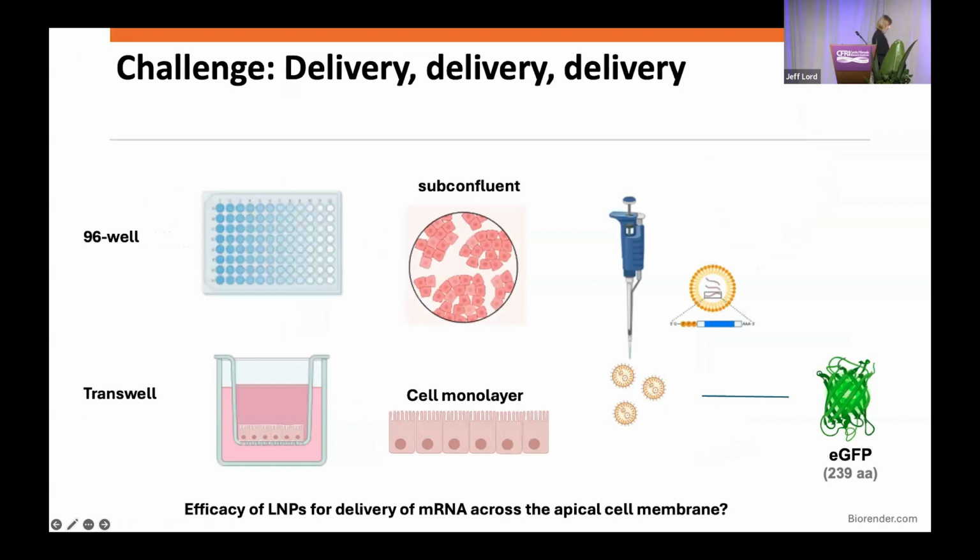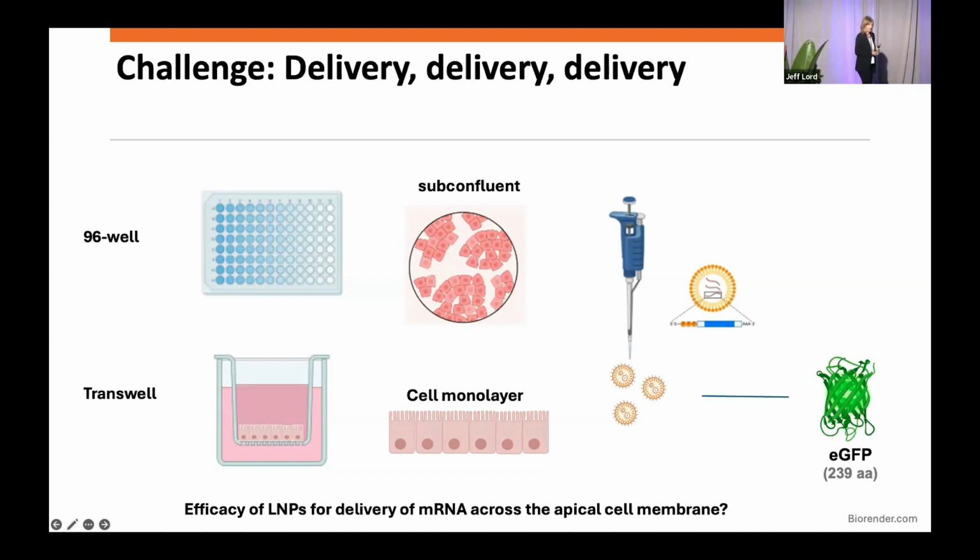So the ultimate goal was to identify under which conditions we actually see expression of a protein when we add it to epithelial or bronchial epithelial cells. We first used the enhanced GFP for expression, and that's a very small protein. It's only 239 amino acids, versus CFTR, which is much, much larger. And so we used the expression of this gene and pipetted the LNPs either to 96-well plates or to